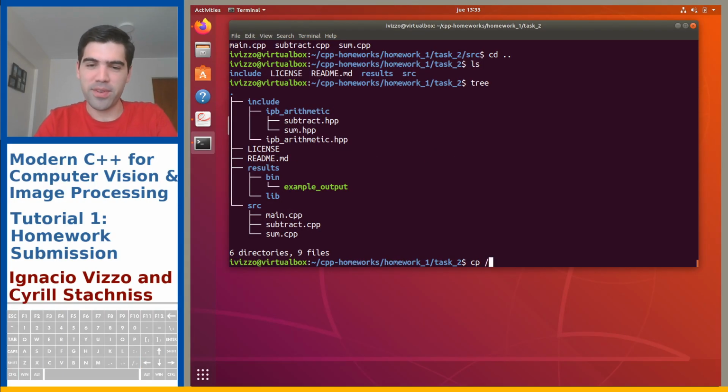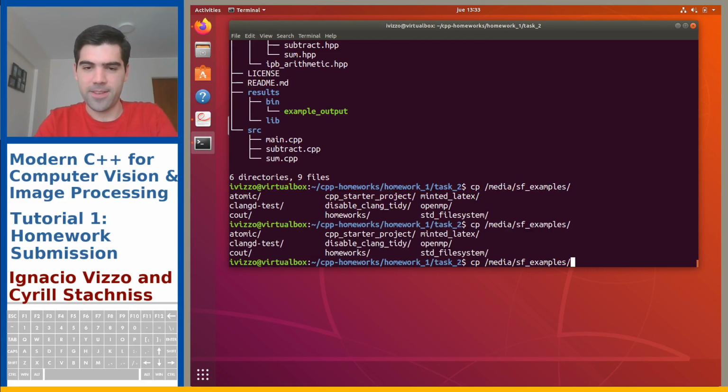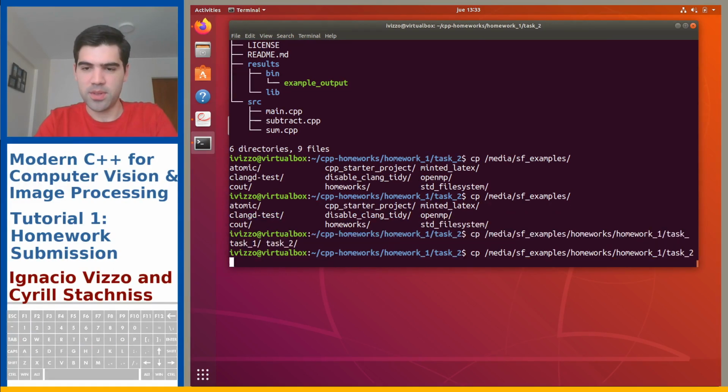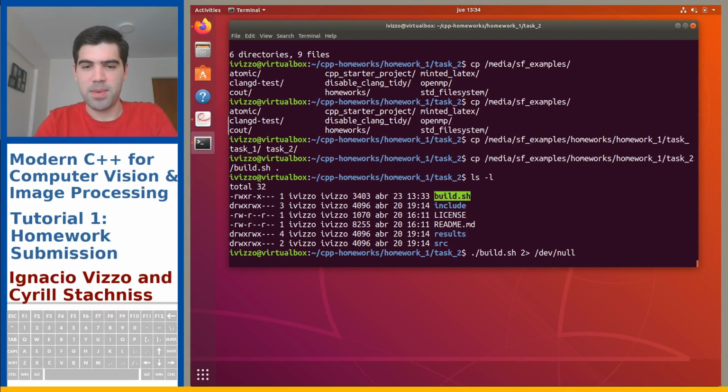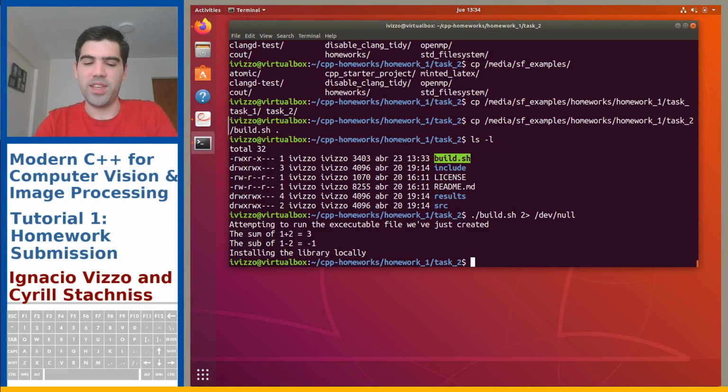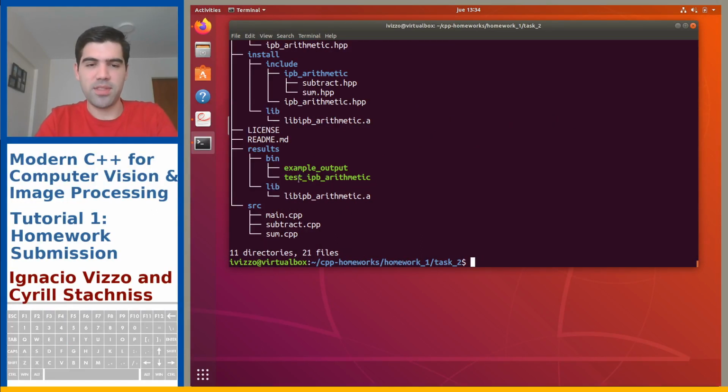So actually the only files you will need here, in my case, are here, and then homework 1, task 2, and then build.sh. So you need to provide this build script right here, which basically will build this project. The only thing is, make sure that you run these commands. I will do this so you don't see the output of the commands, and then make sure you know that it is working. Right now, if you check the tree, I have this binary file,